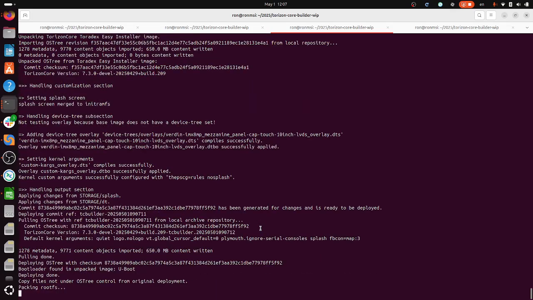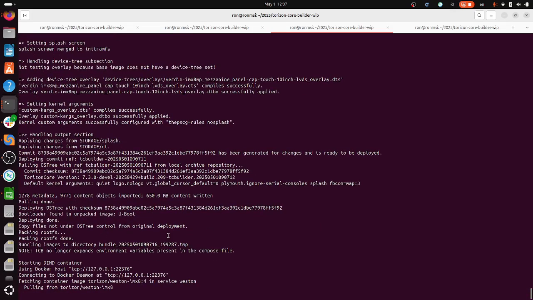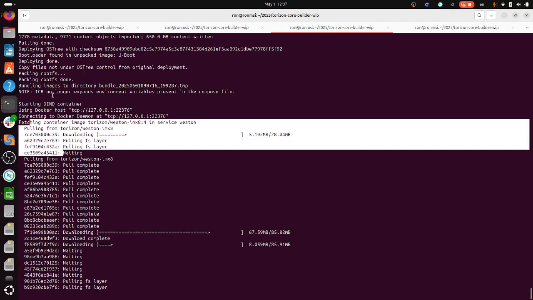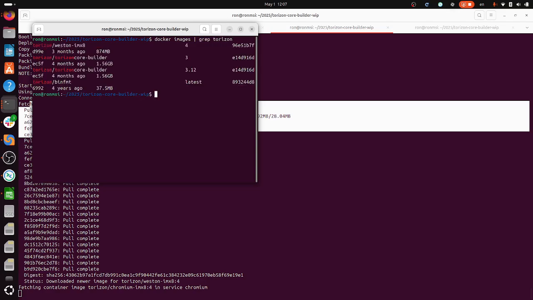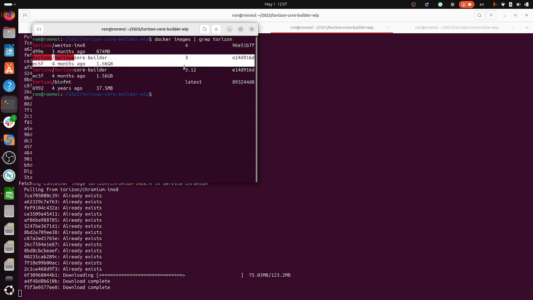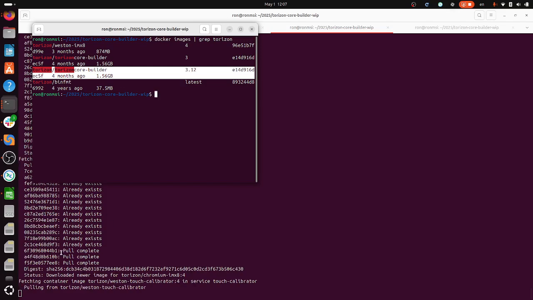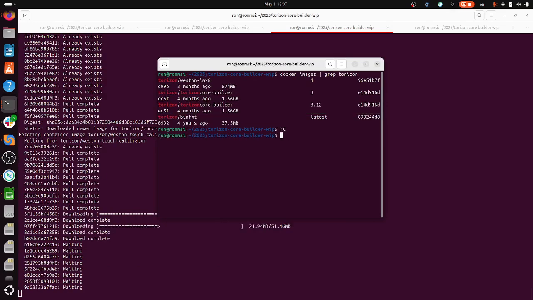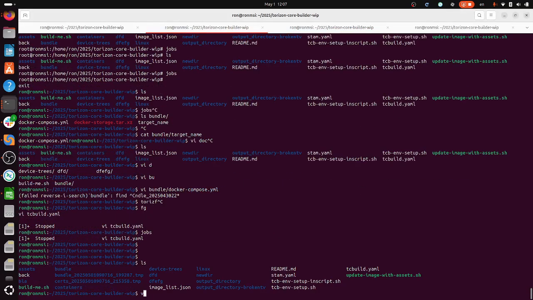All right? So just so you're aware, it uses DND, Docker in Docker, to do the building, and then it's going to fetch and so on. And I recently filed a bug because of the container version, Torizon Core Builder version 3.13, which is the latest. It's broken, and as of the time of talking, it's going to break on one of these steps, okay? So it will pull, it will do some things, and now I will show you how the Docker files themselves look. So in the bundle that I have,